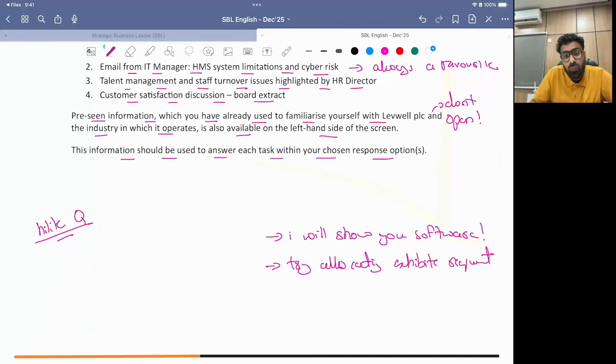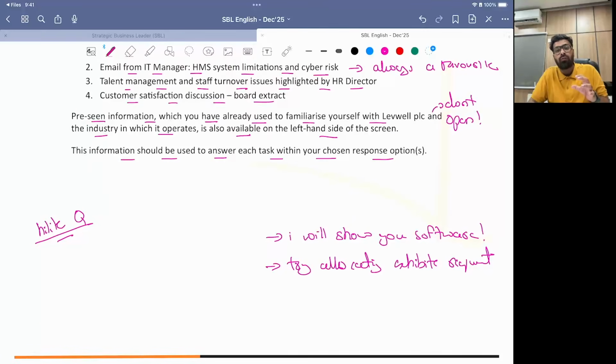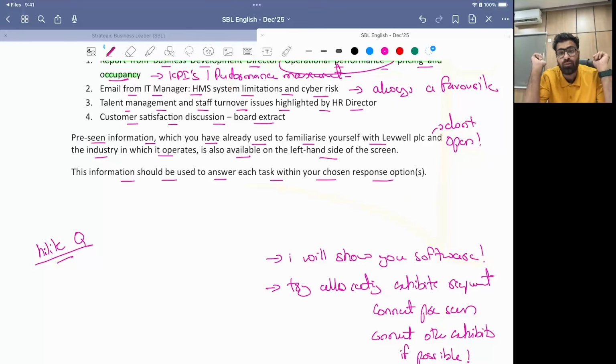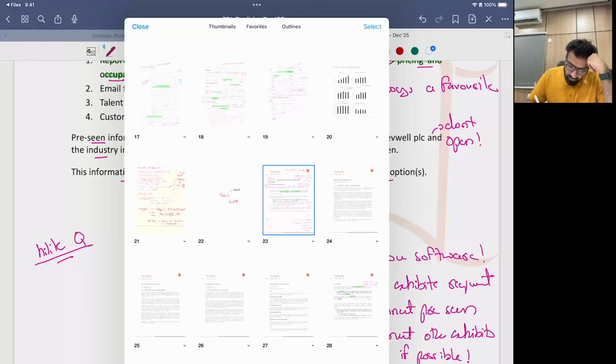Yes, the answer should draw from multiple exhibits, but the maximum of the answer will come from one exhibit, and then connect the pre-seen, and then connect other exhibits if possible. If possible, then and there only you need to connect other exhibits. Okay, so